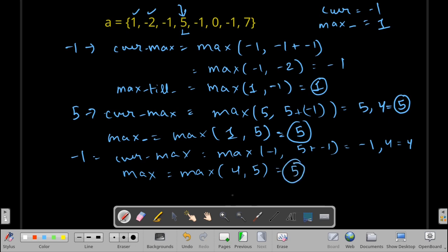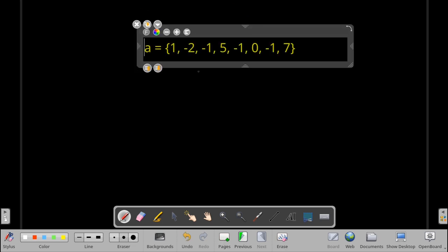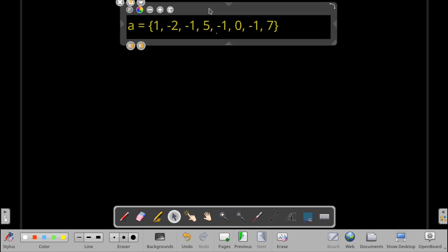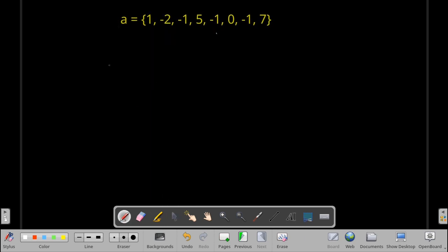Now let us look at more elements. So we have completed up till 5. Now we have to see these 0, -1 and 7. So let me have this array again here, and yeah, so we have done up till here and we have to check this.